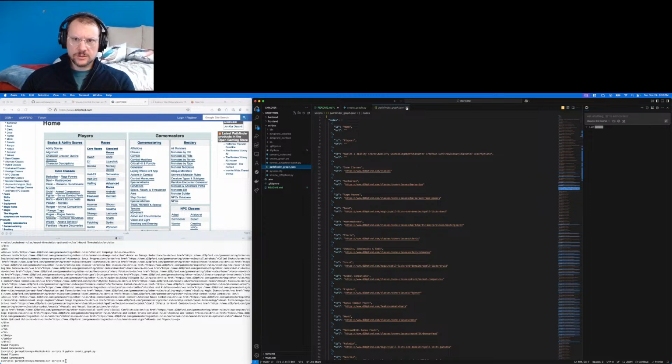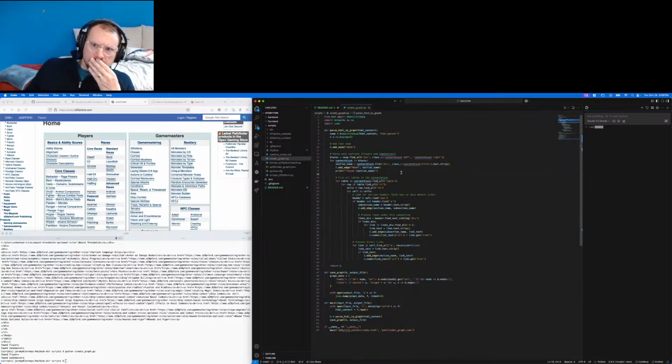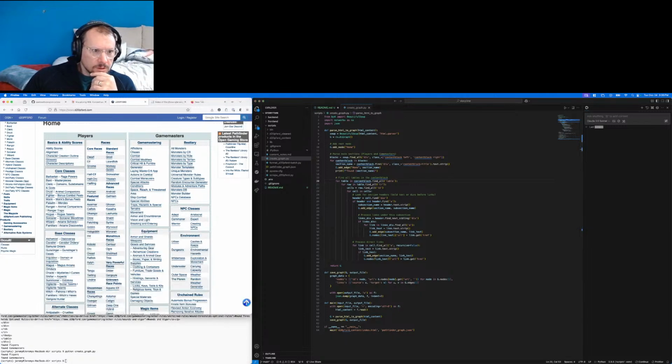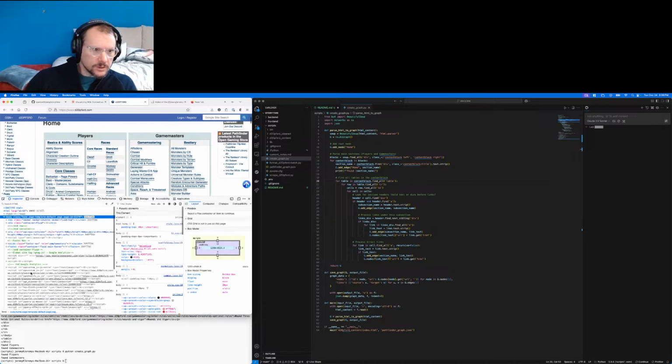No, that's not how this works. So this is not right. So I find all the tables. Let's see where it